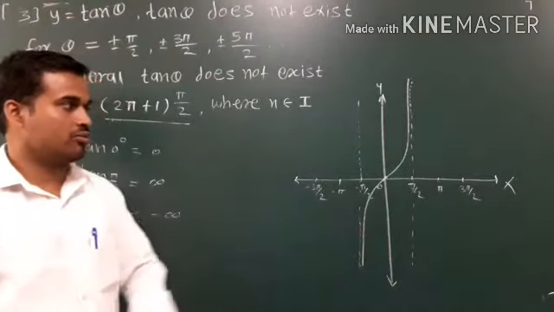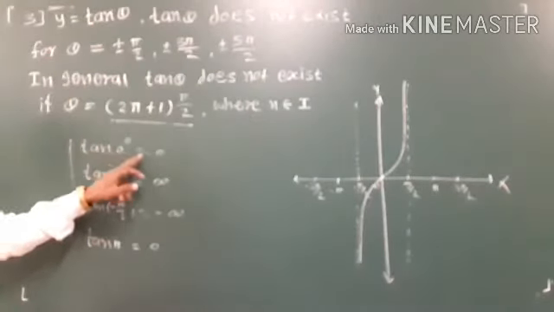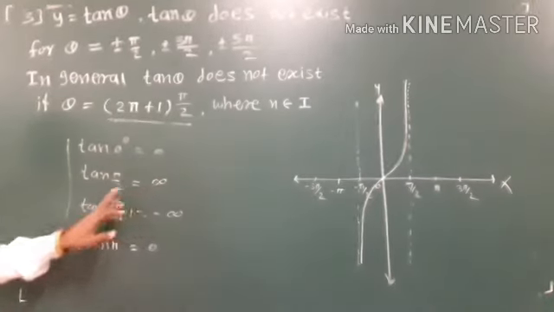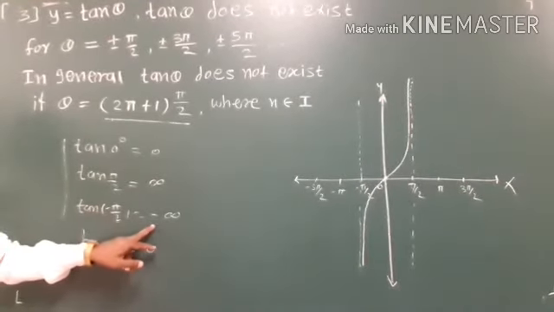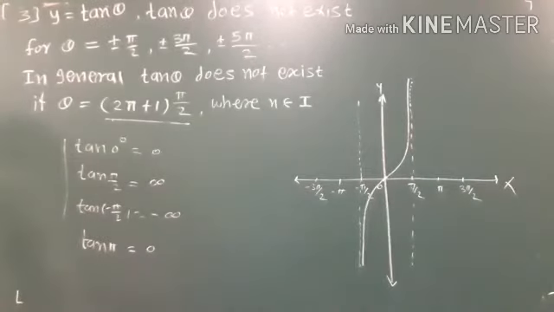These are the graphs of the equation y equal to tan theta: tan 0 degrees equals 0, tan pi by 2 plus infinity, tan minus pi by 2 minus infinity. Okay, this way is the graph of y equal to tan theta. Okay, the next point is